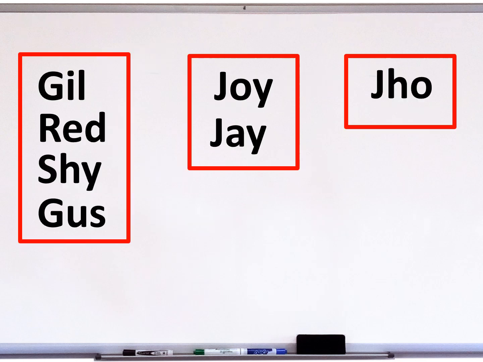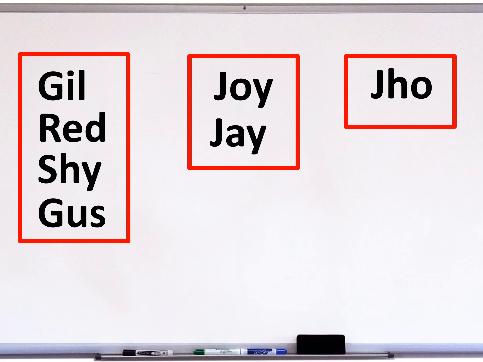So since we are going to focus on the different names of students in grade 7, these 7 names, what if you are going to group them? Okay? So the first group is Hill, Red, Shy, and Gus, while the second group is for Joy and Jay, while the third group is Jo. So based on this one, the given names came from the universal set U, and so we can therefore say